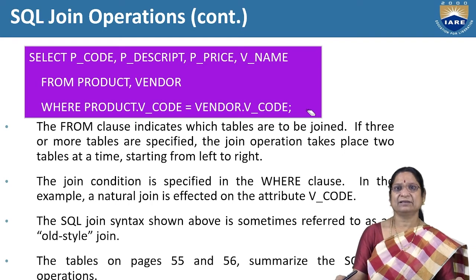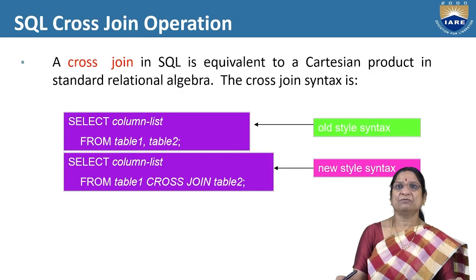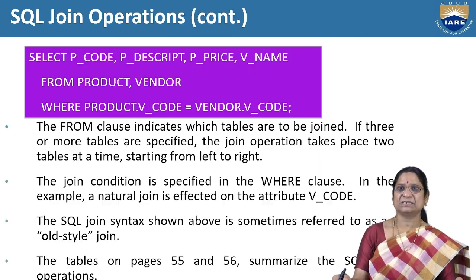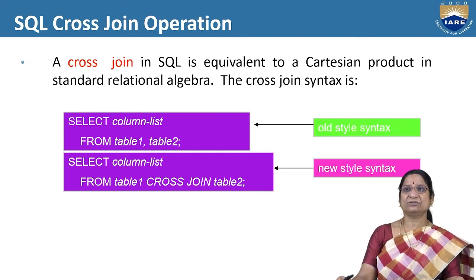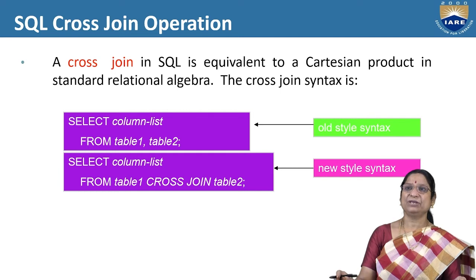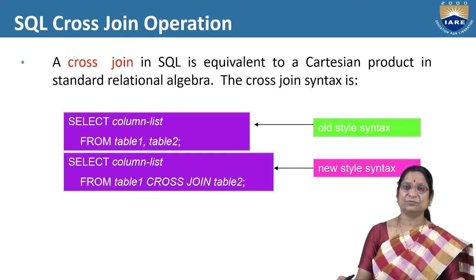And still it is. So the tables, various tables are going to be there. The condition is going to be specified. When the condition is specified in the where clause, that is known as old style. A new style is also there. A new syntax was introduced. In that new syntax, we can use directly join words as well as an ON clause instead of the where clause. That we'll discuss further.